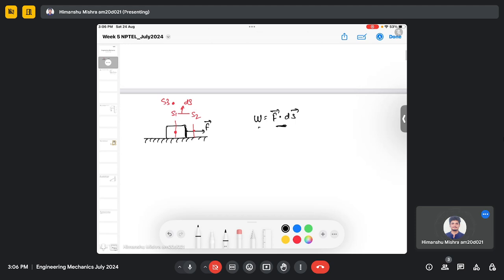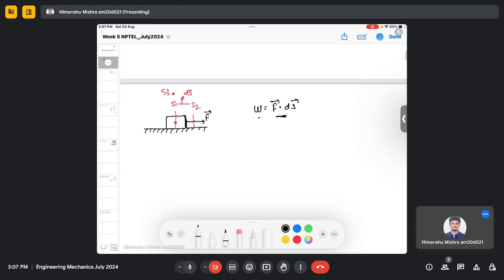Now in virtual work, we impart some virtual displacement to the given system. These are assumed displacements. They are not actually going to happen, but they are assumed. So these are the virtual displacements, and we need to calculate the work done through them. For example,